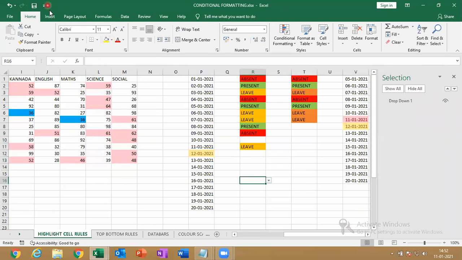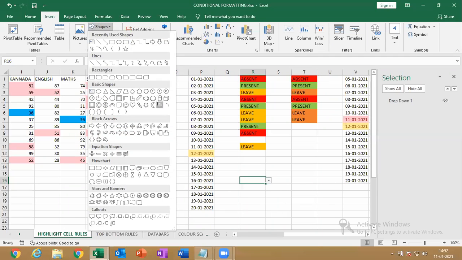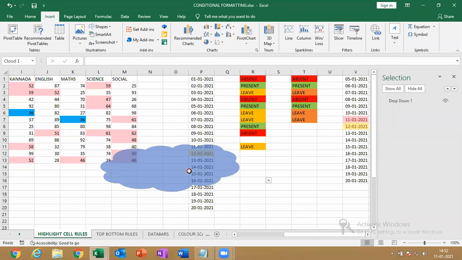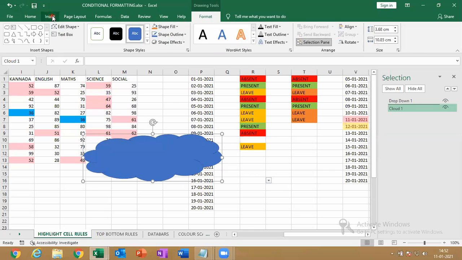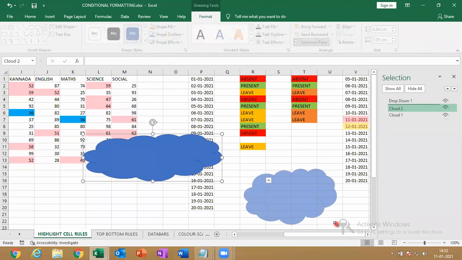I go to the Insert tab, Shapes. Let me insert a shape. Insert tab, Shapes, insert any shape you want. Just select the shape and click here.